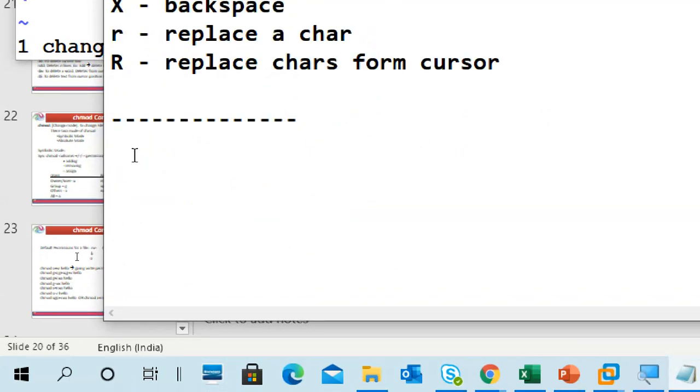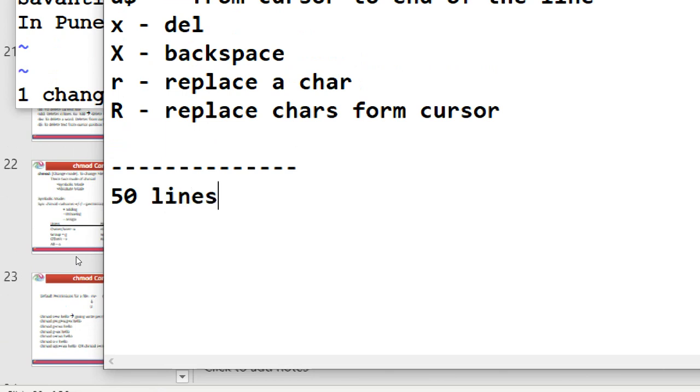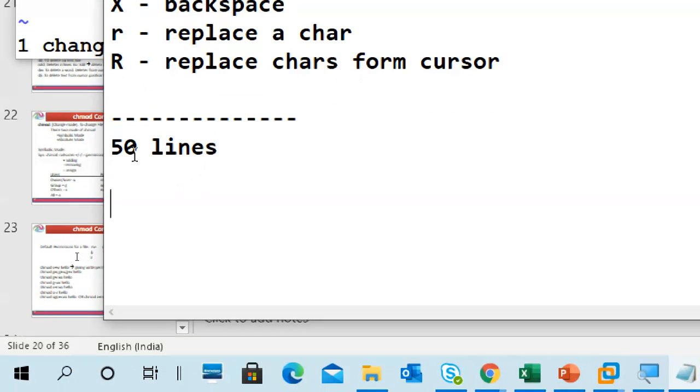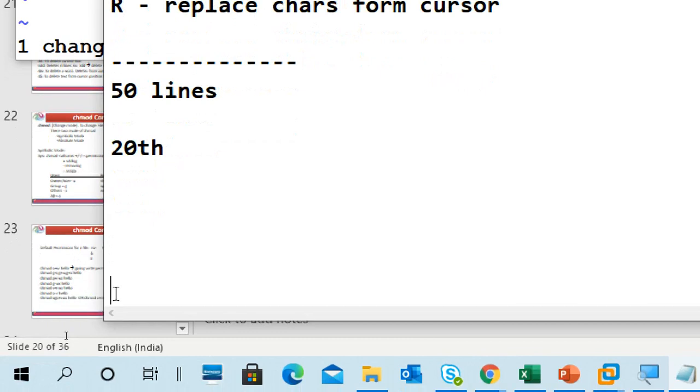For example, if you have 50 lines, you have to go to the 20th line. How can you go? You have to go 1 2 3 4 5 6 up to 20. You have to count it, right? 20 is okay, no problem.